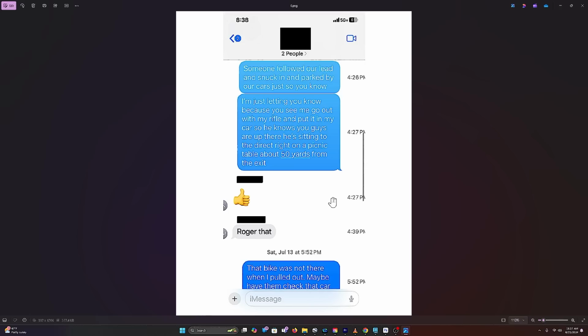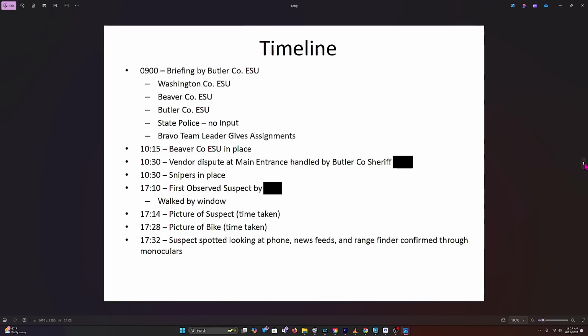But how do we know that this person right here is Thomas Crooks? I mean, I know it's in the documents, but so is the bike. The bike's in the documents. The bike has nothing to do with Thomas Crooks. So is this a text message related to somebody else at 4:27? I think it's very, very possible that this isn't even Thomas Crooks. And I would say likely not him.